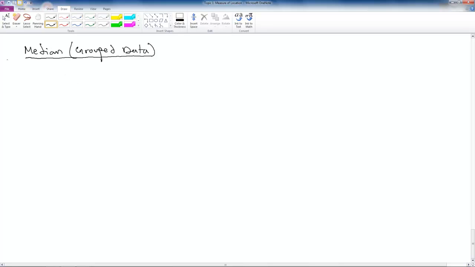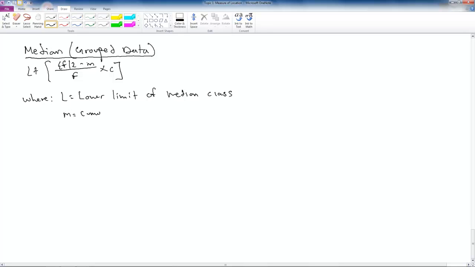So let us start with the median of grouped data now. We have a formula over here, which is L plus (total F divided by 2 minus M) over F, times C, where L equals the lower limit of the median class, M equals the cumulative frequency before the median class,